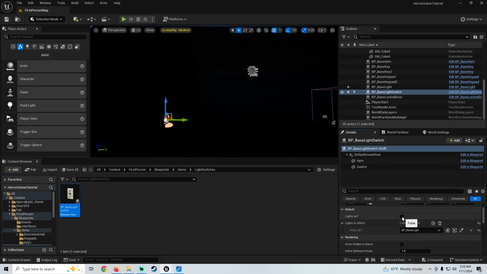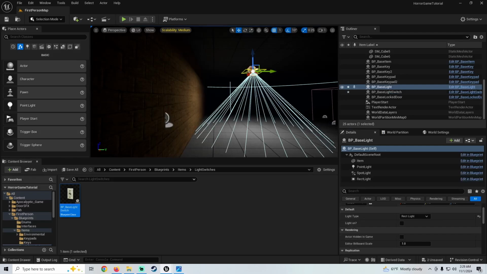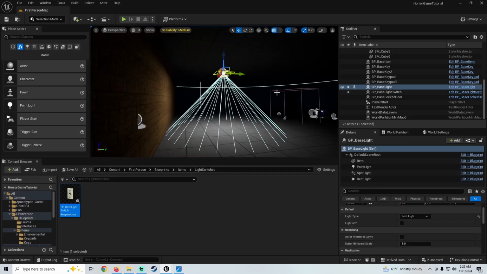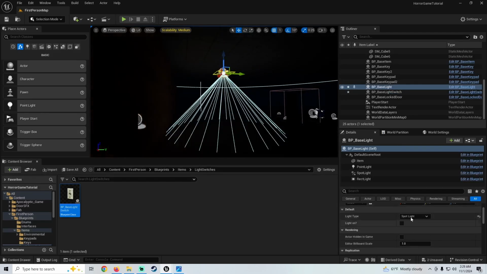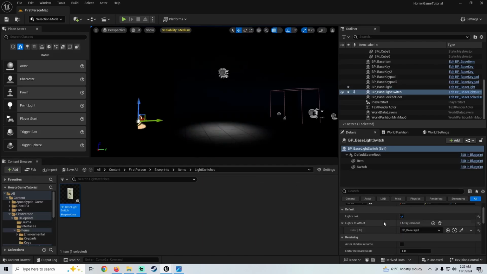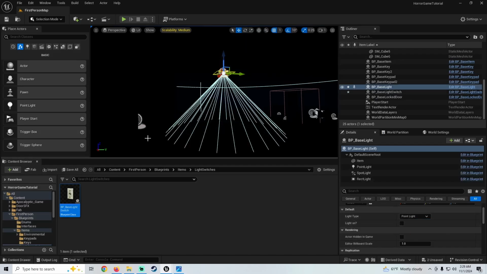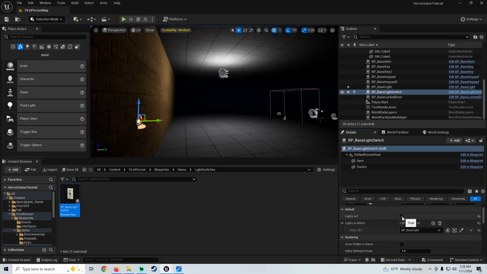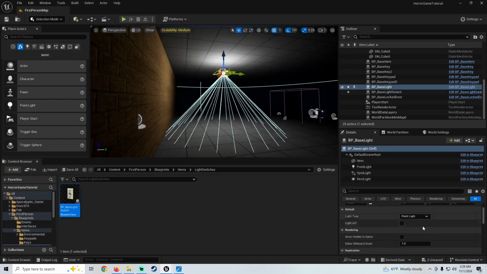If I turn it off, it turns it off. And as you can see, we still change all of this. It might act a little wonky if you change your light type, but if you just turn this on and off again, it'll fix. But that is working, so